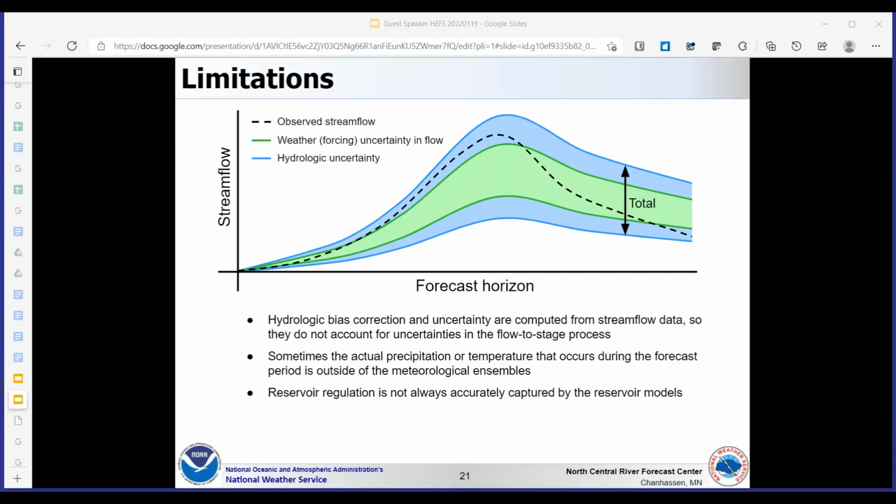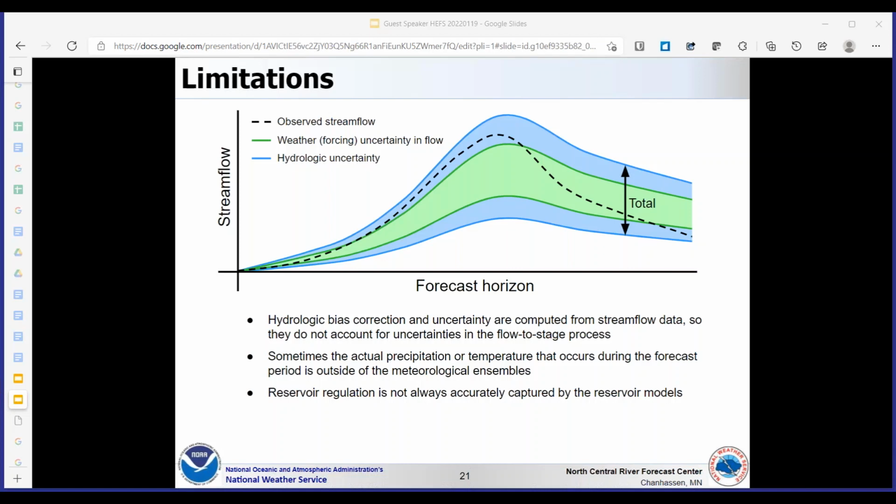When we're forecasting in real time, creating the time series that we post in HEFS, we're able to coordinate with dam operators and incorporate their feedback into our product or our forecast.